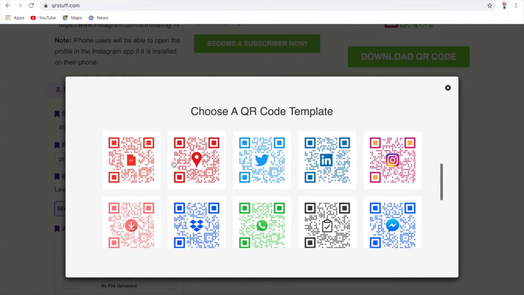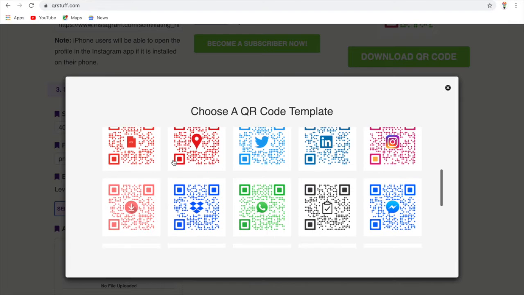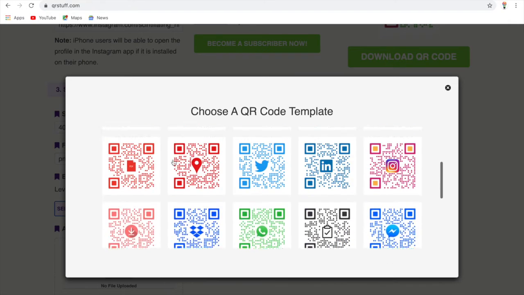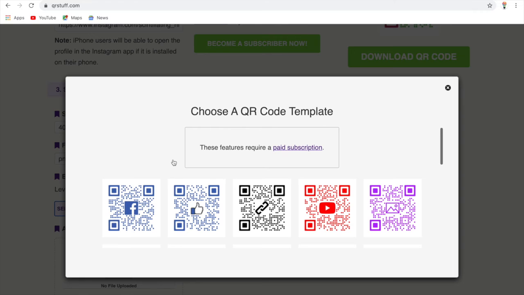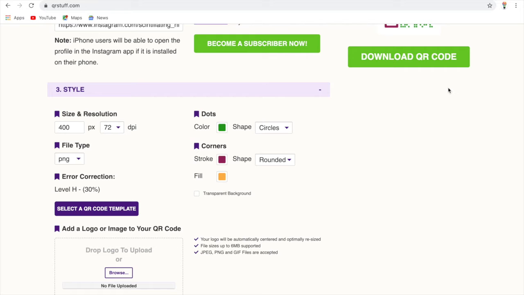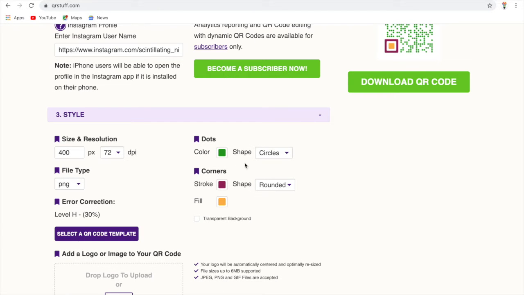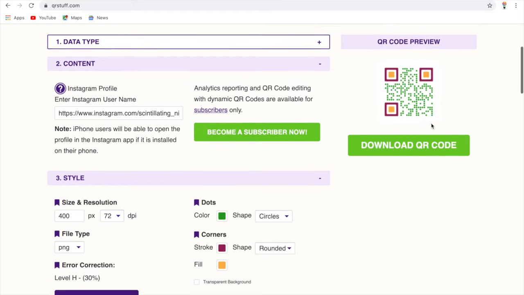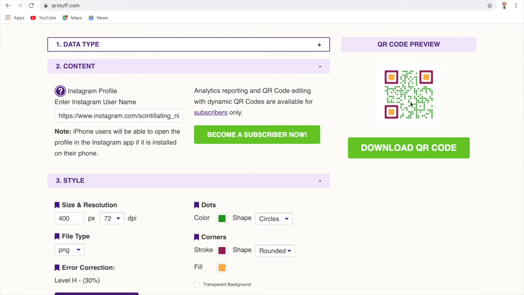See, there are many templates available for different kinds of social media, but these templates are paid. These features require a paid subscription, and that is the reason we are not going for it. We just want the free ones. So there are a few other options of color combinations here. I have done one here. As you can see, the dots here are green and then orange and some dark pink or maroonish color I have used.